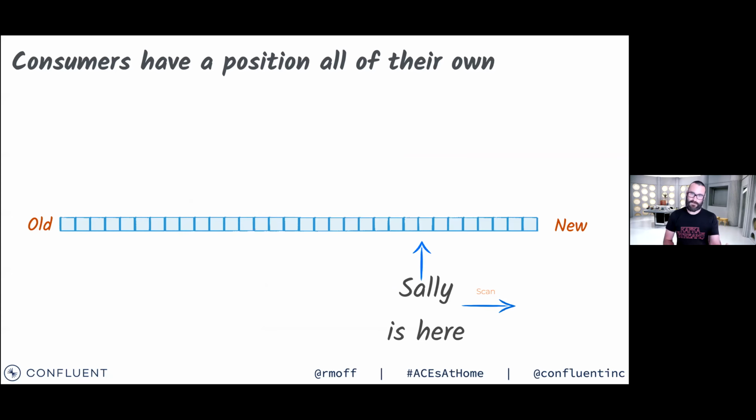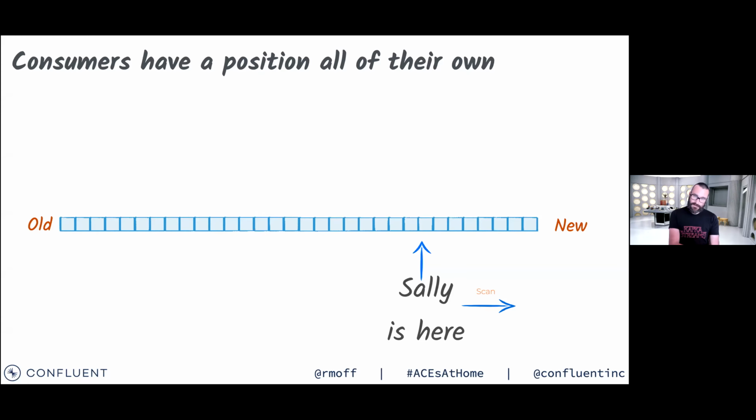The consumption of the data and the storage of the data are not directly linked. The data is stored by Kafka on disk, but there's some clever page cache stuff that goes on that makes it really, really quick. A consumer comes along and says, I would like to read from this point in the log for the topic that I'm interested in, and it just scans forward. Kafka says, here are all the messages from that point onwards.